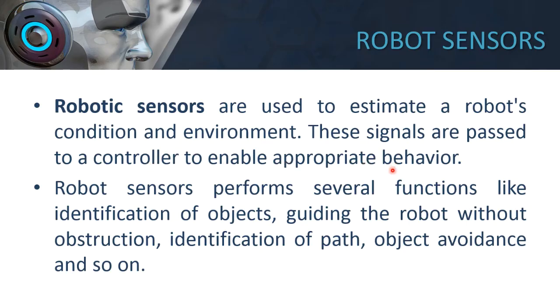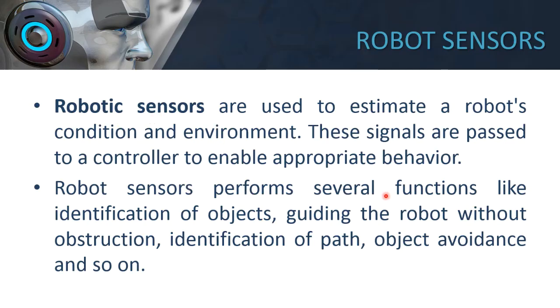In your case, that is in a human being, the signals are passed to the brain and then it enables appropriate behavior accordingly. But a robot has a separate controller. The controller is the brain of the robot. It is used to enable appropriate behavior of a robot. Whether to execute a task or not execute a task is told to a robot by a controller. This controller has the instructions which are given by a human being himself. So that is what robotic sensors are.